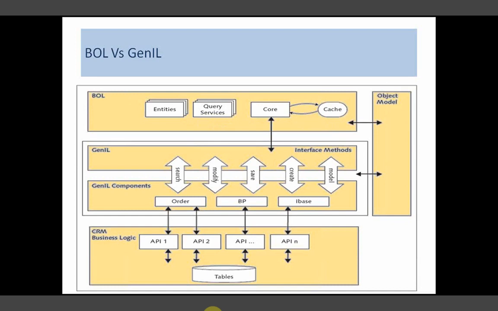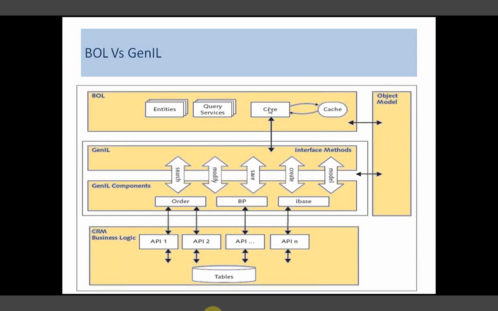That's why here, in this picture, the object model is mapped to both layers, the BOL layer and the GENIL layer. So what GENIL is doing is throwing the data to the object model, and it is intimating to the core, "Yes boss, I have finished the work that you asked."